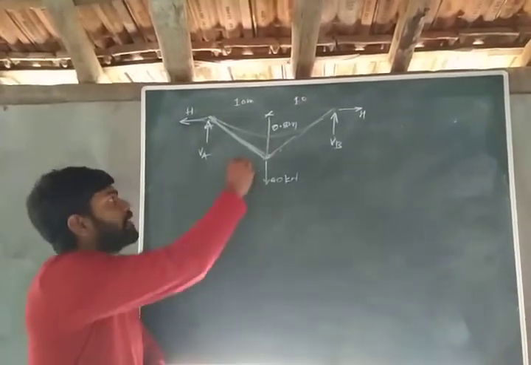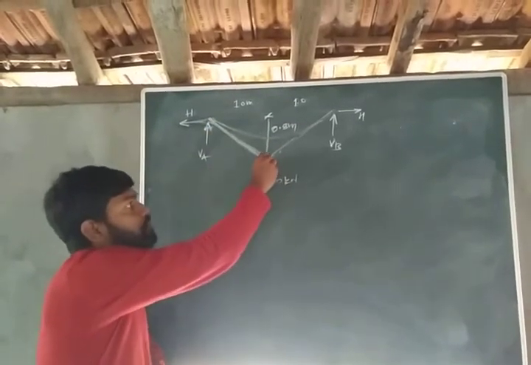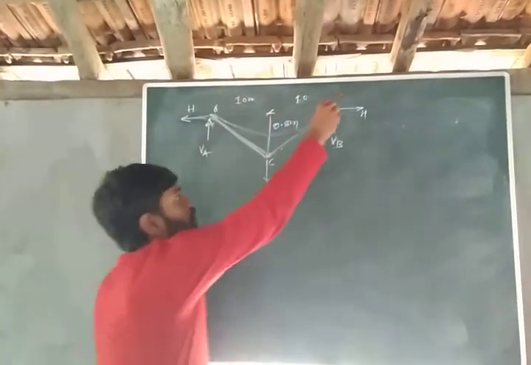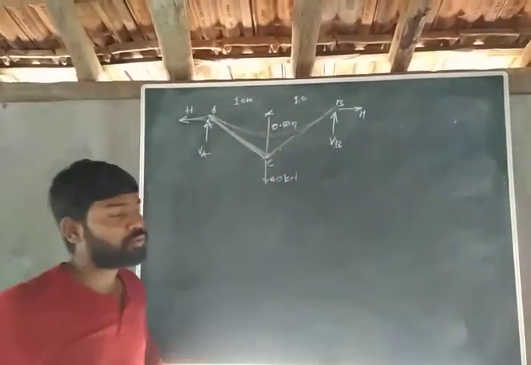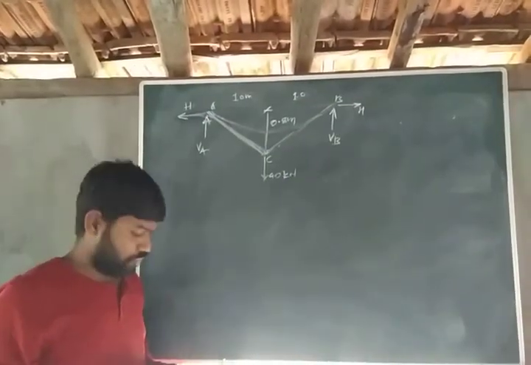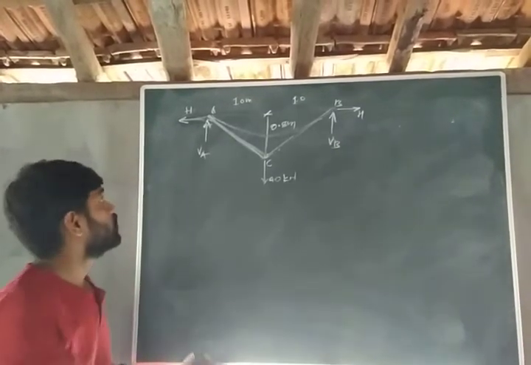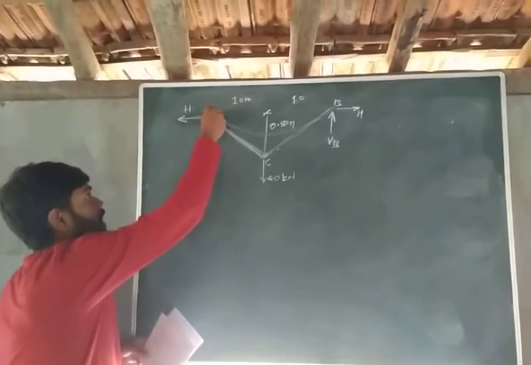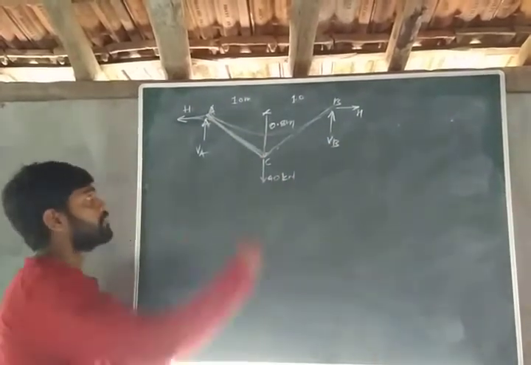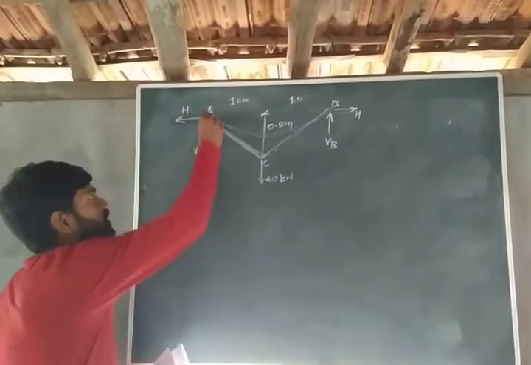Means we have to calculate tension in this region, let us say from A to C, and tension in region B to C. This is point A, B and C. So we have to calculate tension in AC region, tension in BC region, as well as the length of the cable. Okay, so these are the reactions at the end. This is vertical reaction VA, this is vertical reaction VB, and this H is the horizontal thrust at the tower or at the end of the cable.